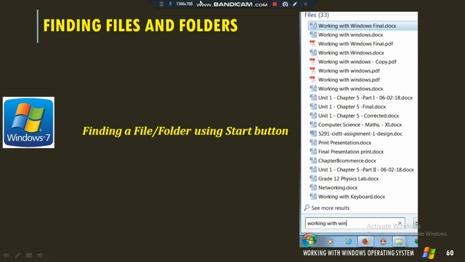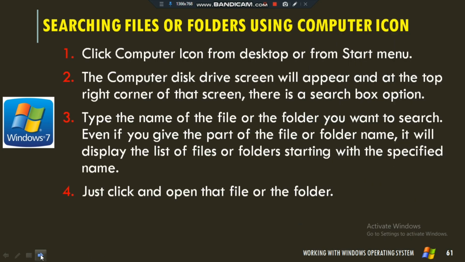So now you can see here, this is your search box. You have to type the file name which you want to see. If you know part of the file name, we just type that and press the Enter key. It will show all the file names related to that name. You have to select the particular file you want to work on. So this is the way you can find files and folders. Here we have one more option, See more results. Click on this and you can get some other files with these names also. So you have to select your particular file.